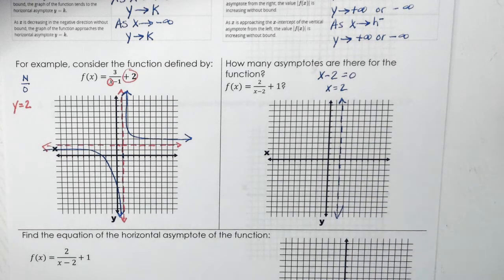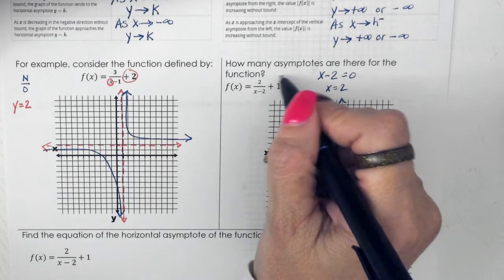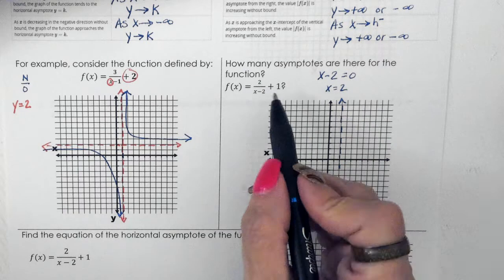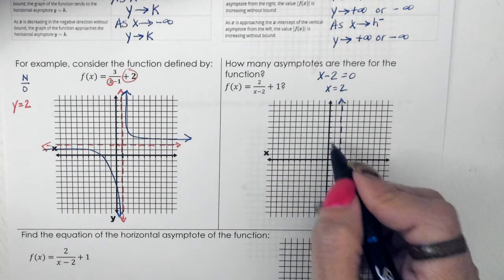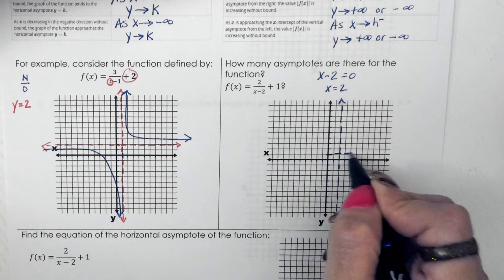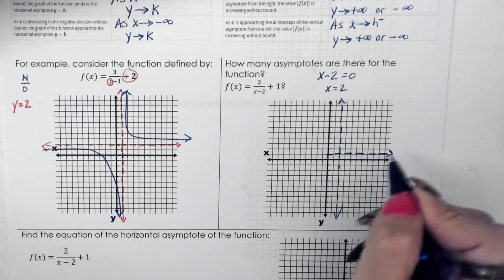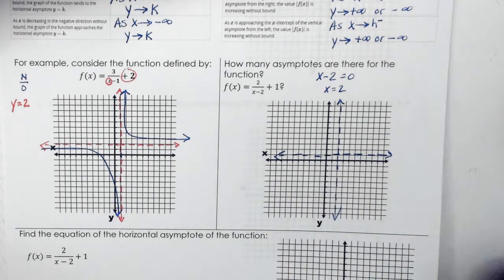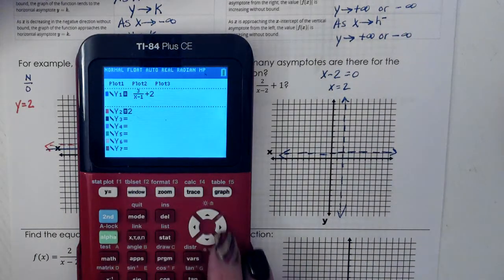Now, the other thing I'm learning is that this number on the end has something to do with my horizontal. This is at 1. This shifts the graph up 1. And so at y equals 1,